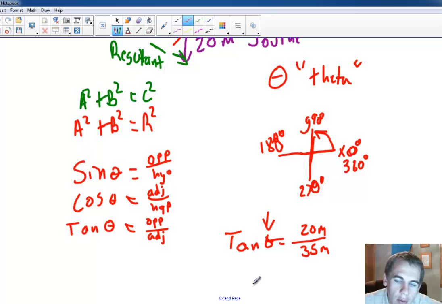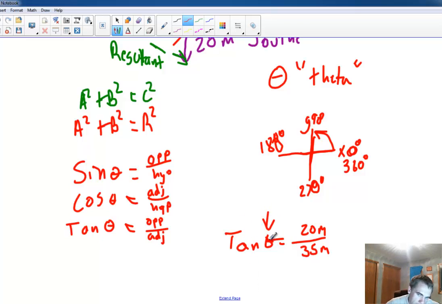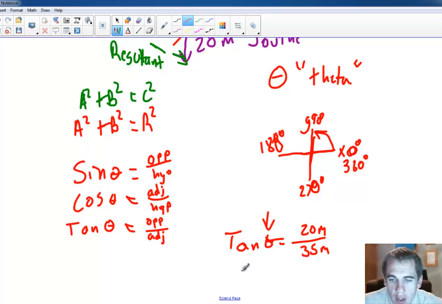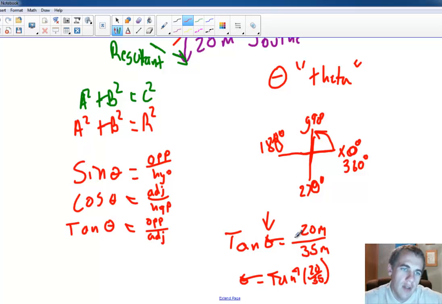Of course, I don't know theta. I want to know theta. So I don't use the tangent function, because the tangent is applied to the theta. I have to use the inverse tangent function. It's a lot like square rooting a square. So the inverse tangent, or arctangent: theta equals the arctangent, and on your calculator that's tangent to the negative 1 of 20 over 35. So there are some basic things on how to do that with your calculator and how to use the Pythagorean